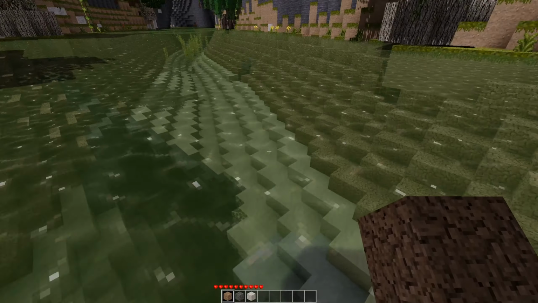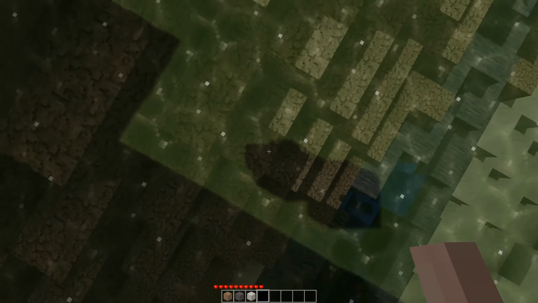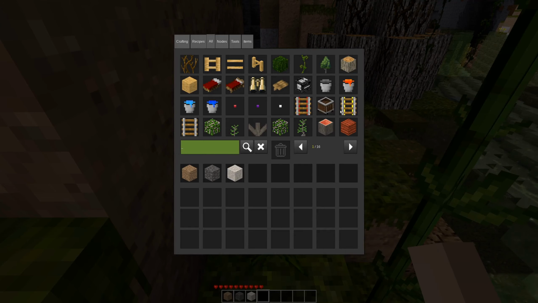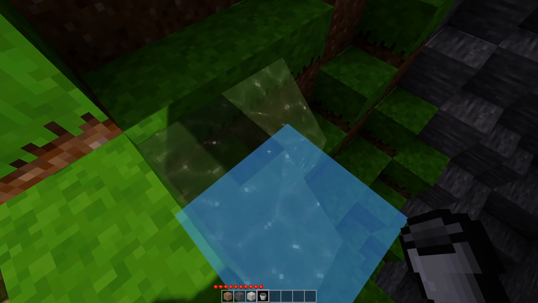So we have this murky water. You can pick this up. You need a bucket, of course. I will grab a bucket as soon as I get to land so I don't sink in and drown and die. Yeah, let's grab a bucket. Woohoo! I have some murky water. No. Yeah, okay, it flows,